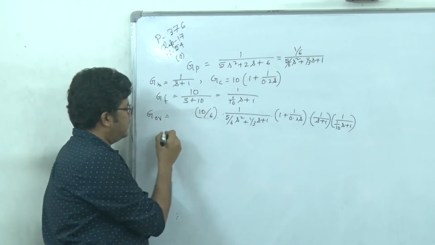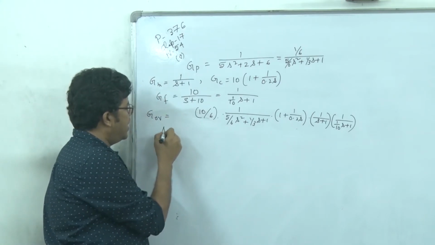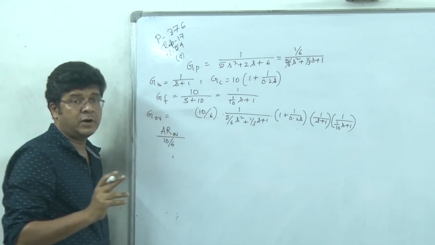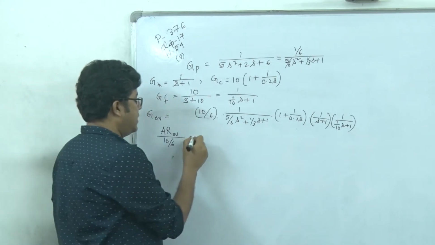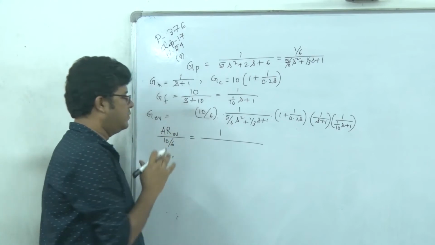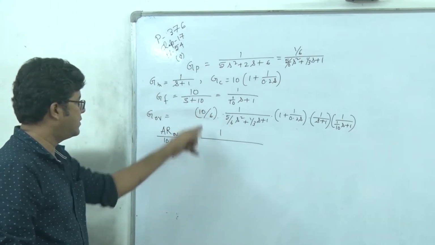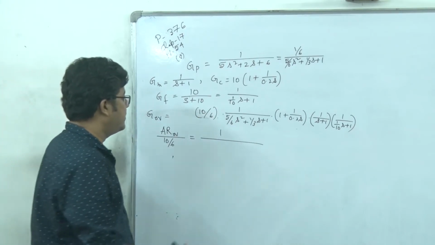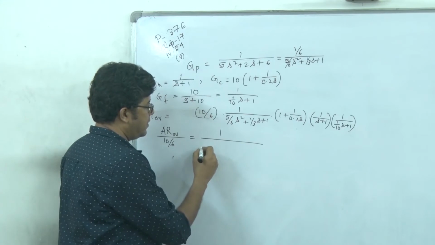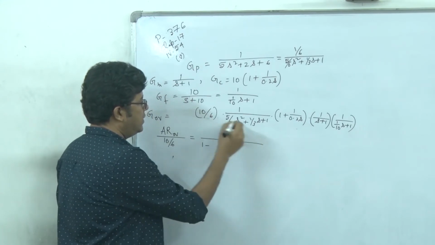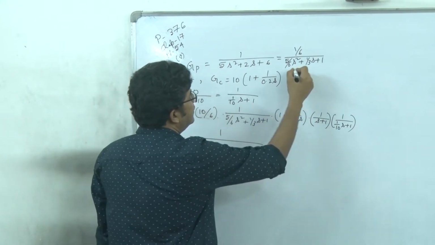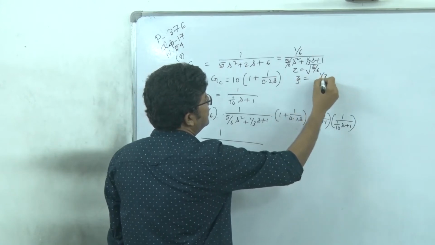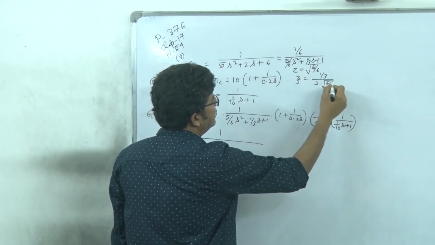So you see that AR overall divided by 10 by 6, that is the collective product of all the gains, we can write it as equal to this. This is a better approach of normalizing the overall AR with respect to the product gain, such that the individual gains of the transfer functions become unity. And here you see this tau is under root of 5 by 6, zeta is 1/3 divided by 2 under root of 5 by 6, right?